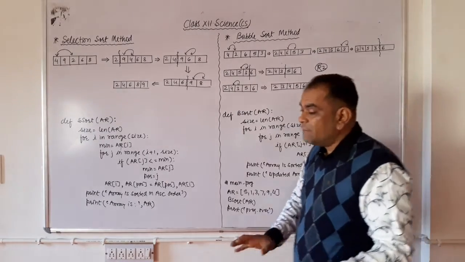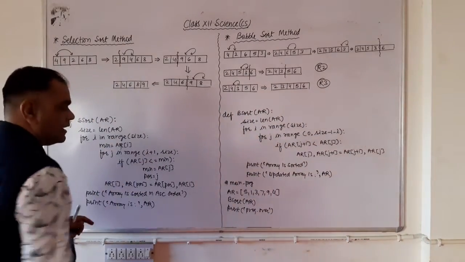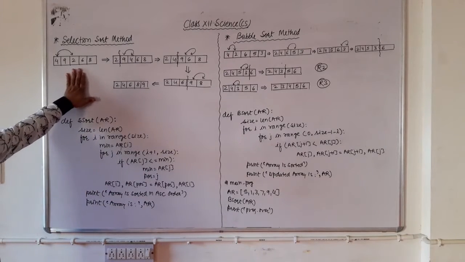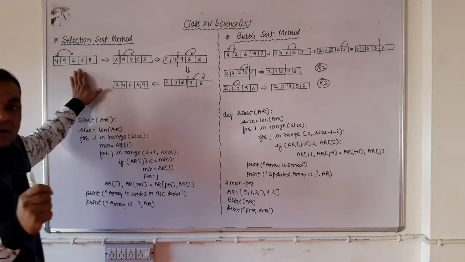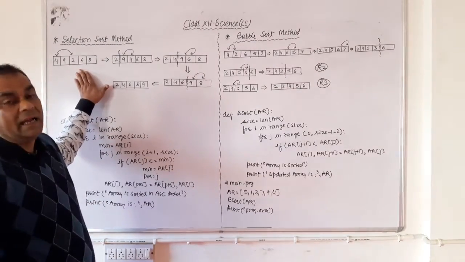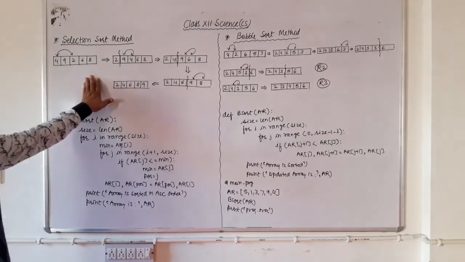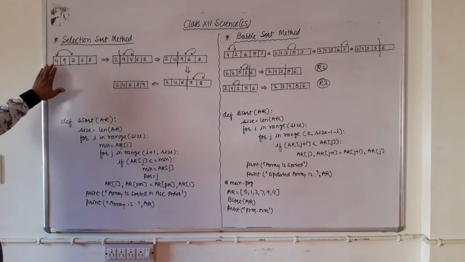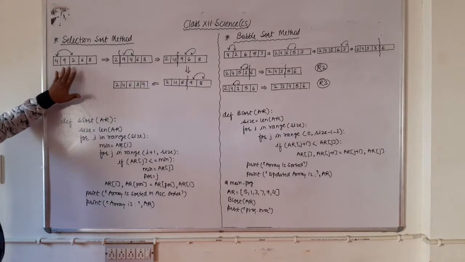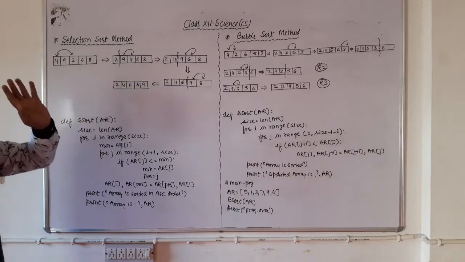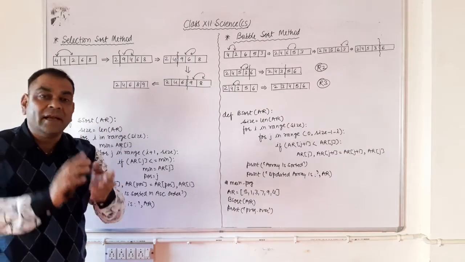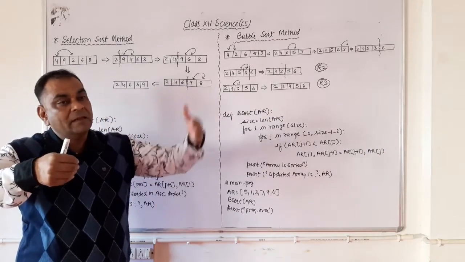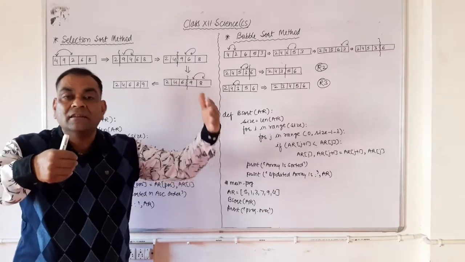Right, so just see what is there in the selection sort technique. By using this selection sort technique we can arrange the elements of the array in ascending order as well as descending order. Now what is there in the selection sort? Suppose one array is there: 4, 9, 2, 6, 8. These are the array elements and you want to arrange the array in ascending order. Ascending order means the smallest element of the array is at the front, and the biggest element of the array is at the last.